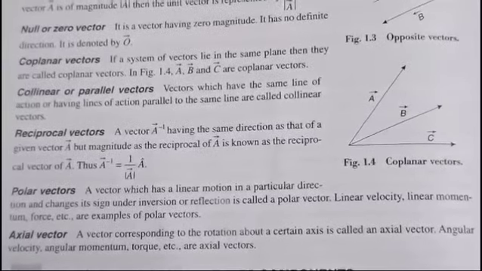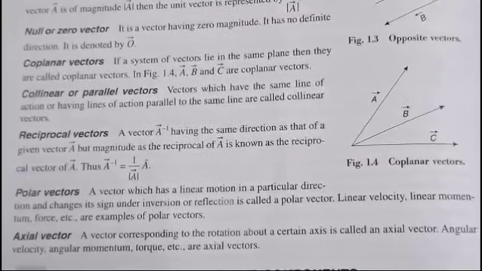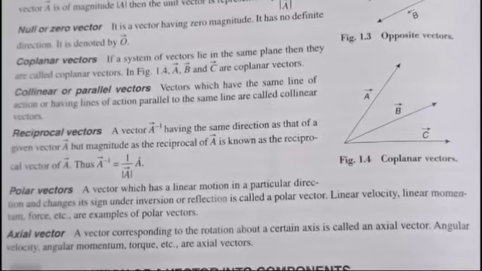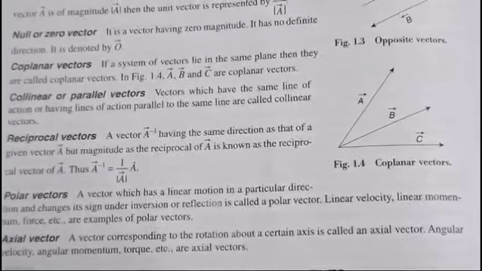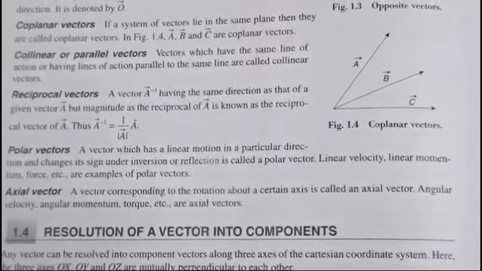Axial vector. A vector corresponding to the rotation about a certain axis is called an axial vector. Angular velocity, angular momentum,